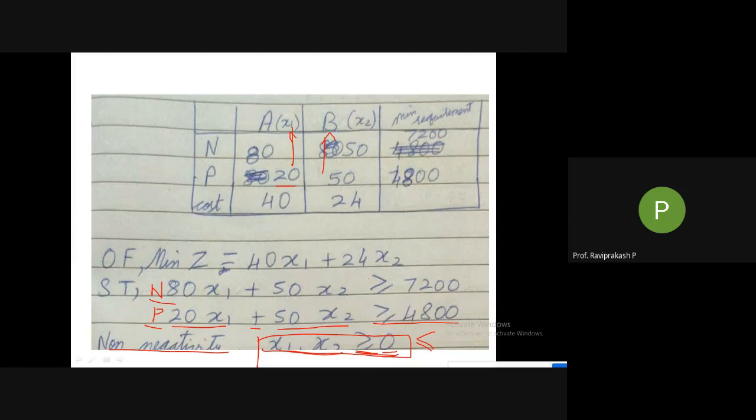There was not much information given to you. This is the least amount of information that they should give you for forming an LPP. This is the minimum I'm telling you, the minimum amount of information that will be given to you, or it will be more than this. It could always be equal to this or more than this. So you need to go through a lot of LPP problems, for formulation at least. We'll stop here for today.